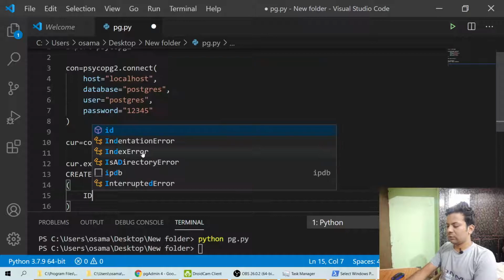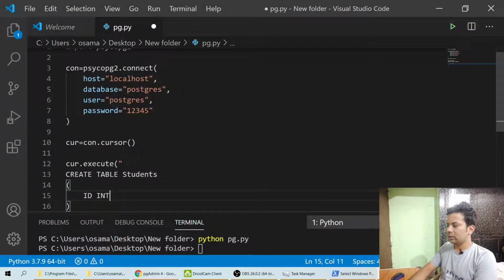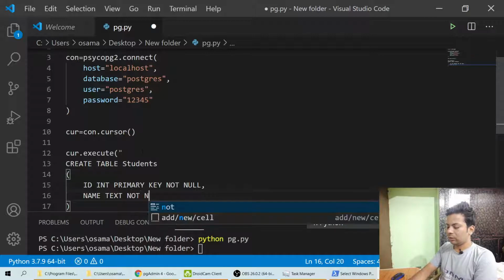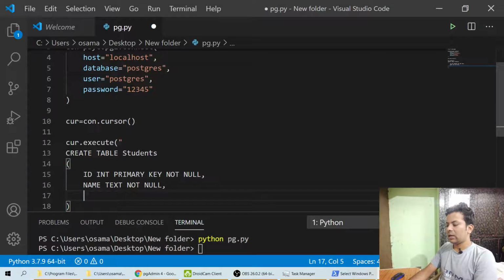So we want one ID that should be int, that should be primary key, and it should not be null. Then we want a name that should be text and it should be not null. And we want number, whatever number, it should be int and not null.